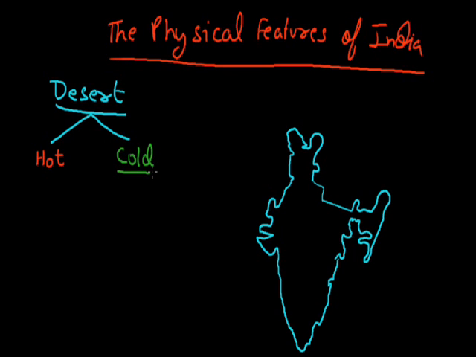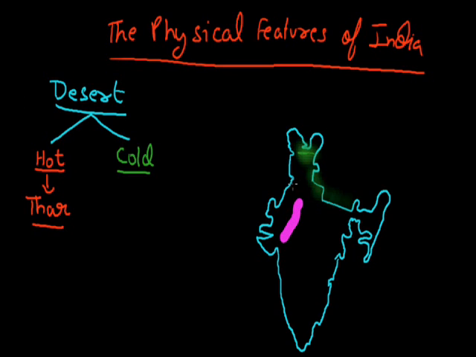Cold deserts are found in Ladakh, the glaciers, Yamunotri and Gangotri. Similarly, among hot deserts we have the Thar desert. It is in the west of the